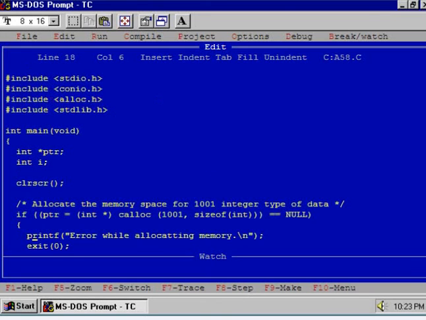Now remember one important point. Here we have used memory area from the heap for the first time. Is it clear? So by using the memory management functions calloc and malloc, you can allocate memory from free storage or from the heap. The meaning is the same. Free storage means heap area.